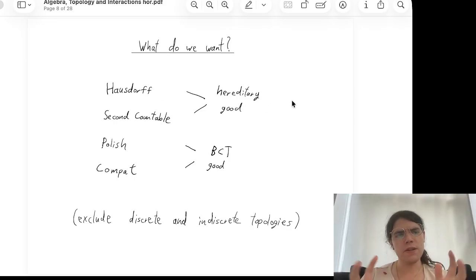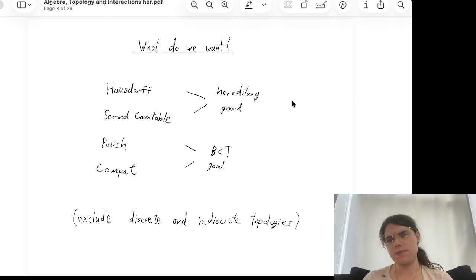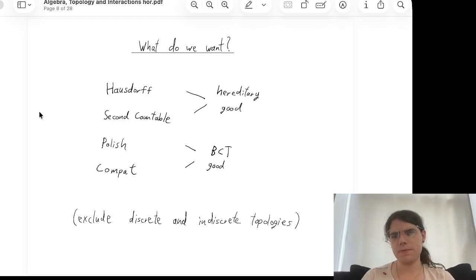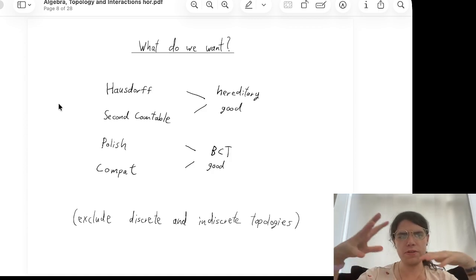A very nice thing, which is true about topological semigroups and topological algebras in general, is that if I take any sub-semigroup of a topological semigroup and give it the subspace topology, it's automatically a topological semigroup. And it's nice when our topological structure is compatible with this. Second countable is also a nice property, which I like a lot because it's also hereditary. In the same way Hausdorffness requires you to have a certain amount of open sets, second countableness requires you to not have too many.